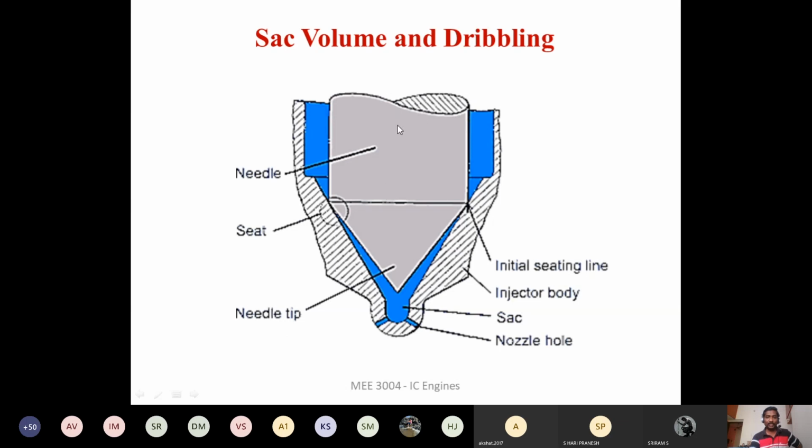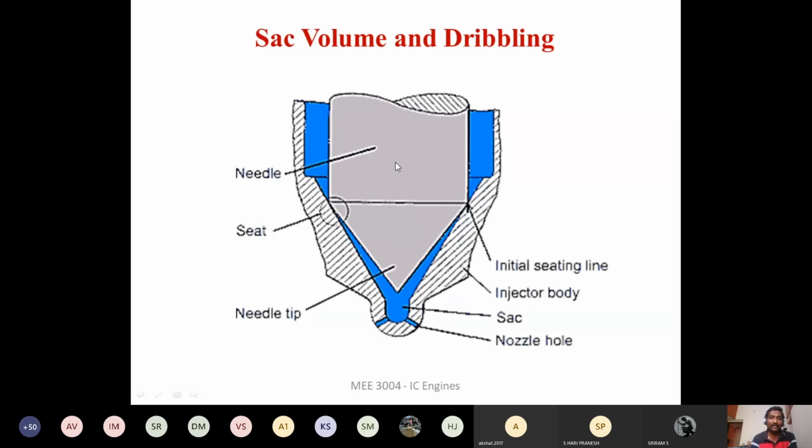So when the needle valve moves down, it is going to close the nozzle because the needle valve is going to sit in the valve seat. This part we call the valve seat, and there is no passage for the fuel to enter. This is the fuel passage part, through which fuel is going to enter. But as the needle valve closes, it sits in the valve seat and there is no space for the fuel to enter. Okay, and when the needle opens, high pressure fuel enters and it is going to be injected through the orifice.